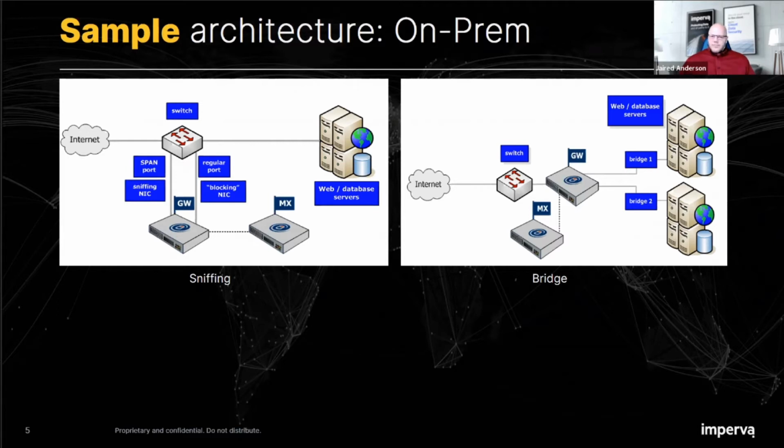So just to give you an extreme example, in this diagram, we can see on the right, it's pretty much in front of the web servers. However, you could technically, I wouldn't recommend it, but you can technically deploy a WAF in front of your firewall in layer 2. So I wouldn't recommend it. You're going to see a lot of traffic. The WAF is still going to have to pass that traffic to the other side of the bridge, so it's going to be very intensive. But that's what I mean when I say we want it downstream, closer to the web traffic itself, so that we're not wasting cycles on passing traffic we're not interested in. Okay, so on the next slide,